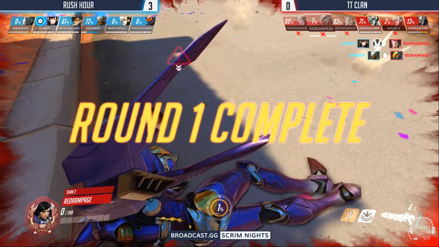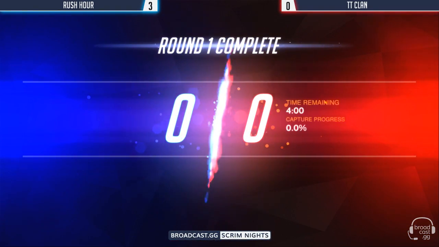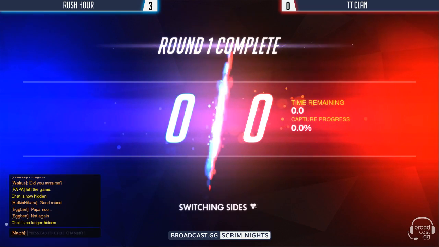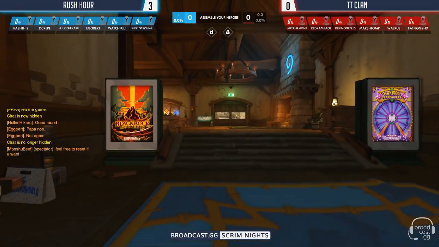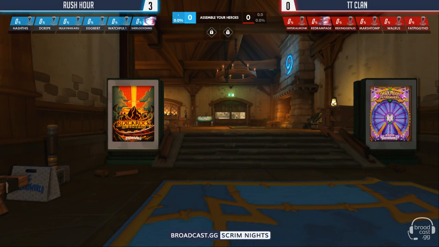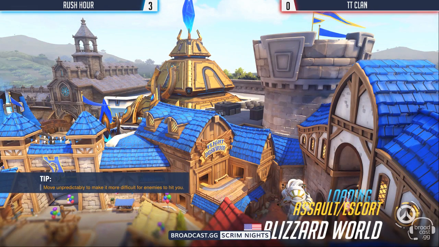Fat Piggy there tried to go for that Earth Shatter, but I don't think Marsh had that Dragon Blade. So there's no follow-up. Those shatters are really big, but you need teammates to follow up there. And it didn't seem like TT Clan was able to get it coordinated, really, as we are going to see